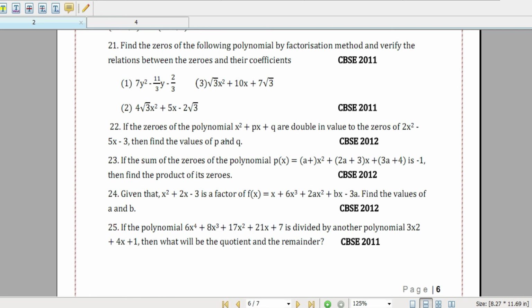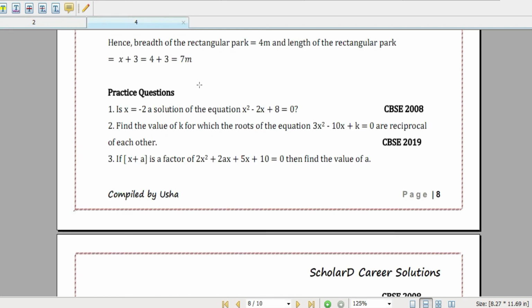I will also be sharing with you a Google Sheet in which you can track your progress along with other members of the group. You can enter your name, you can mention which all chapters you have completed, and that will give you an overview of how many marks you are ready for in the exam. So that will help you like a live tracker. It will help you to track your progress with other members in the group, so that way you get motivated to learn more. Okay, so in our next class we can do quadratic equations.